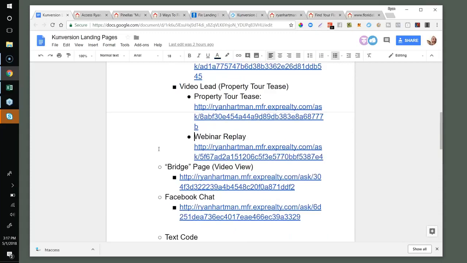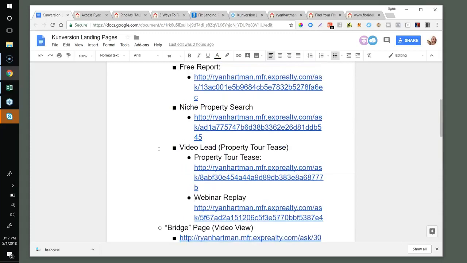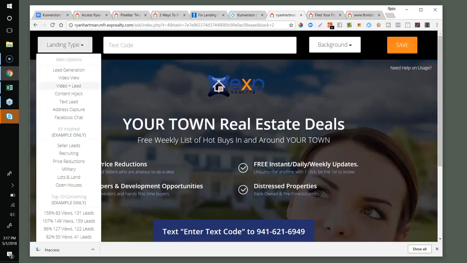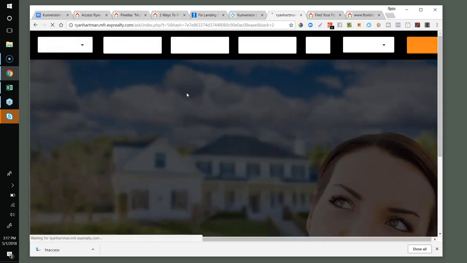As I was brainstorming, trying to think of different ways to use these pages, I remembered the old property tour keys, which personally I don't use enough, and I don't think anybody uses enough, but it is a very, very powerful way to generate targeted leads around listings. So I want to show you one of these, and it's going to feature the video tour, the video plus lead option we have right here. So this page where it has a video in it,